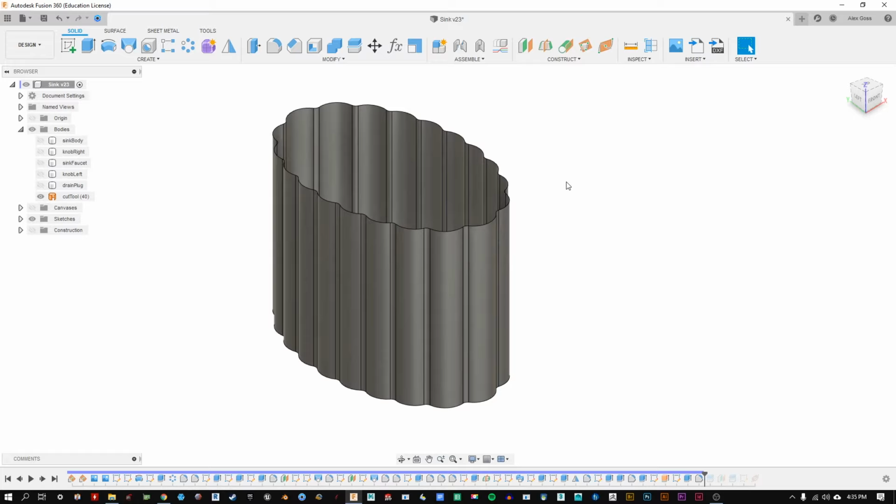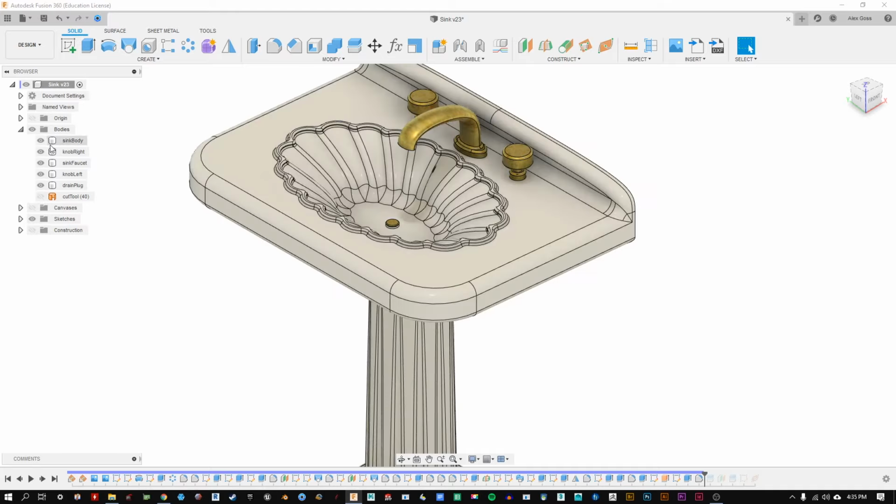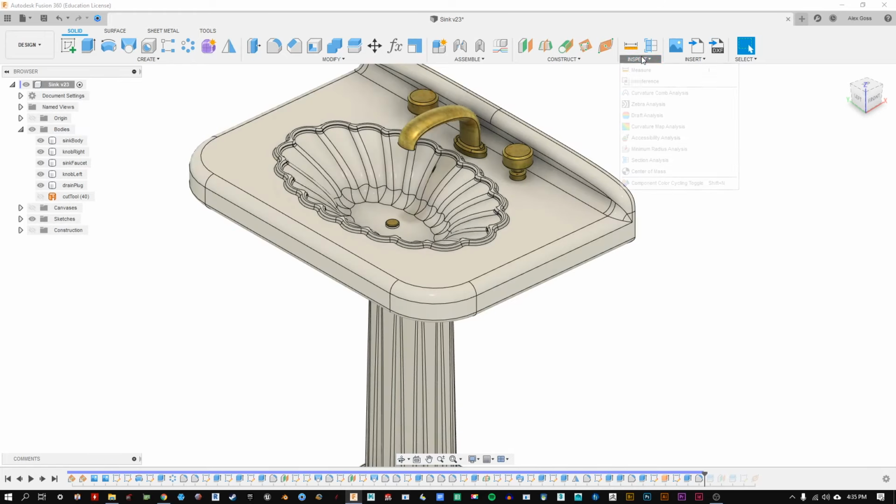It can be open, you can even have a closed surface, but that sort of changes the definition to a solid. Most of the things that we're going to be working on are solids, and solids are represented in the bodies as this little gray white cylinder. Okay, so these are solid objects, and just to prove that, I want to show